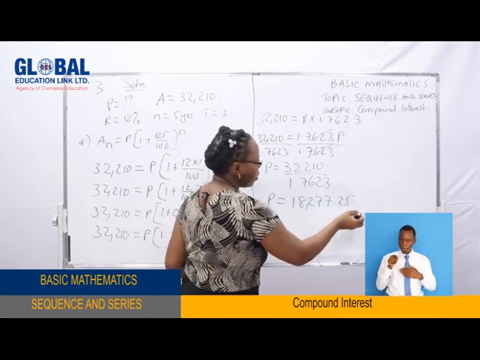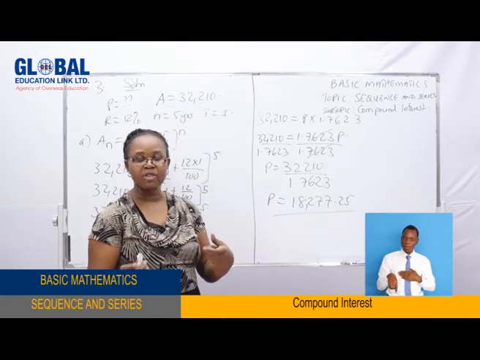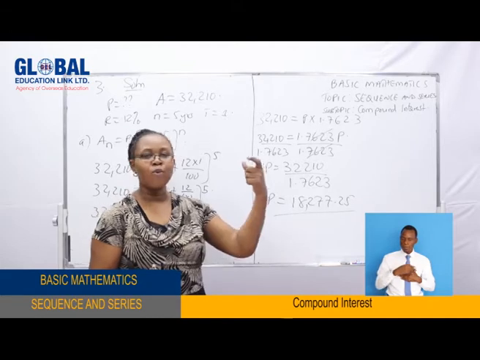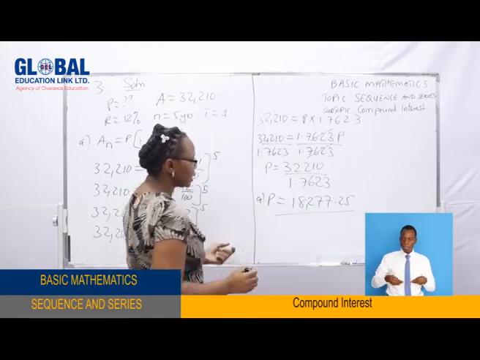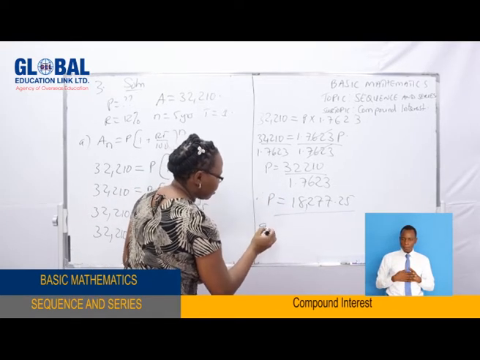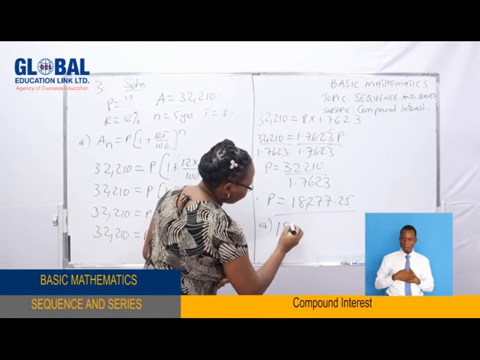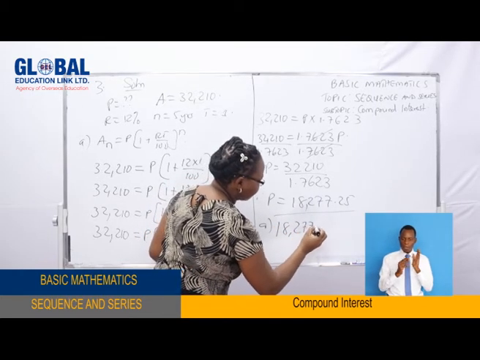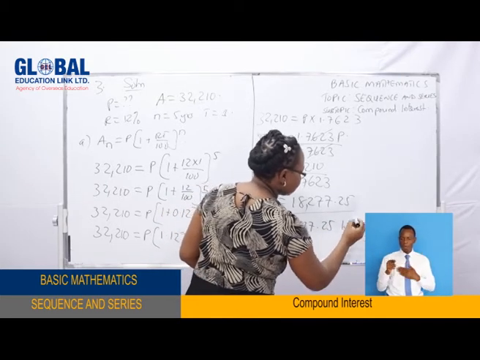So this will be the amount of P. This is the principal, the amount deposited by the wajasiriamali group. So in part A, we can say that 18,277 and 25 cents is the amount